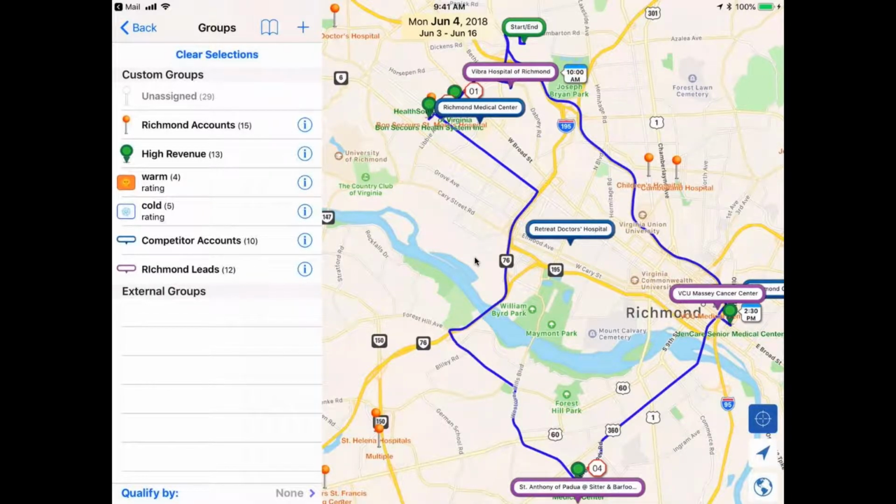Let's see. There's another question about multiple categories in an import. I'm assuming that would mean you want to generate groups. And I want to expand on the spreadsheet import process a little bit as well. You can put anything in a column as long as it has a header.